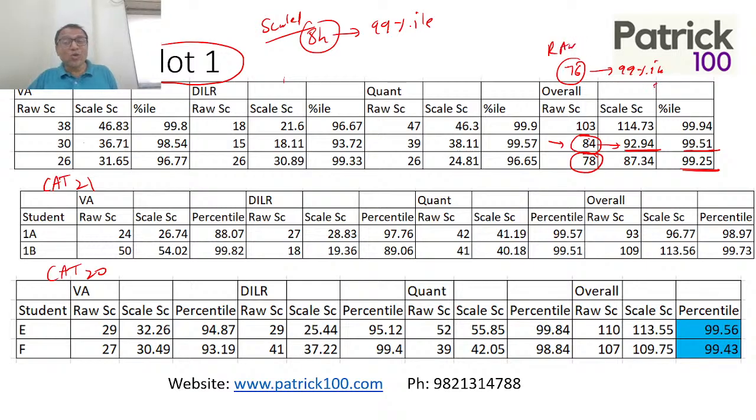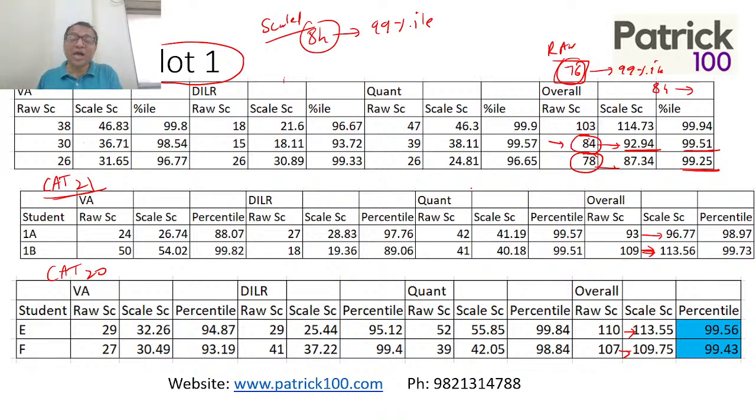Remember it. A scale score of 84 marks gives you 91 percentile, but a raw score of 76 gave you 99 percentile. So there was a scaling of almost 8 to 10 marks in slot 1 at higher marks. In CAT 21, there was a scaling of around 3 to 4 marks. It varied, but it was again scaled up, by a smaller margin. In CAT 20, slot 1 was also scaled up. So as far as the last 3 years are concerned, slot 1 has always been scaled a bit up, compared to the raw score, which is always there.